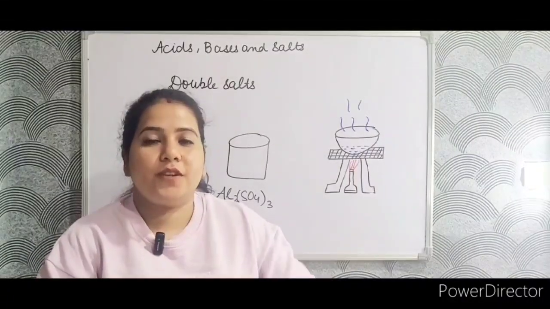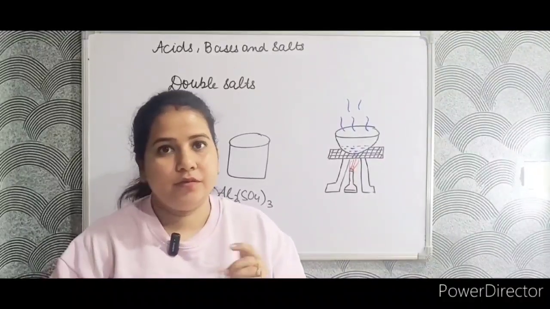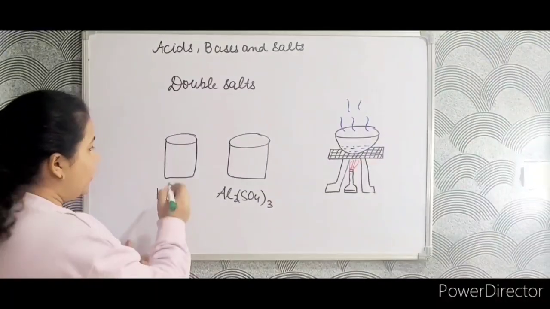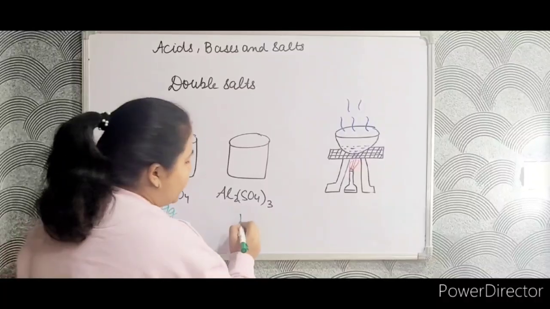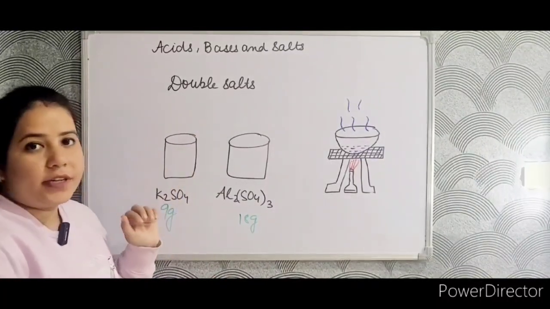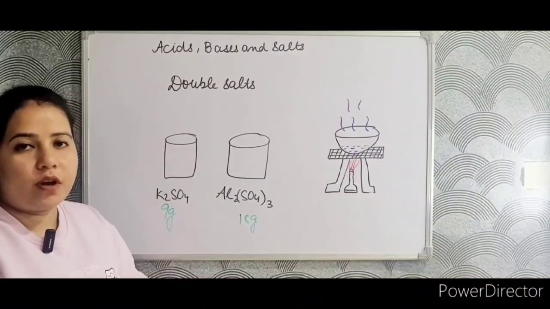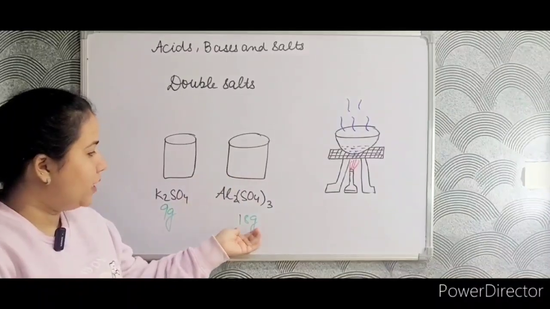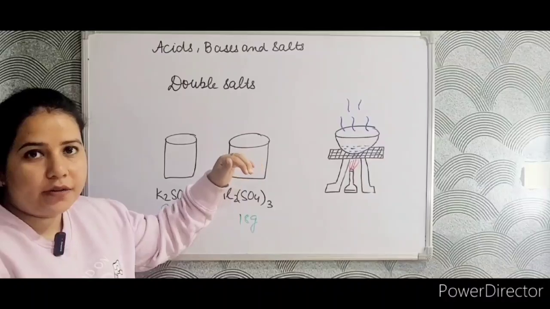Now we will observe an experiment for the formation of crystals of potash alum. For this we need potassium sulfate 9 gram and aluminium sulfate 18 gram. 9 gram potassium sulfate is added to a beaker and water is added into it and it is constantly stirred. And similarly 18 gram of aluminium sulfate is taken in a beaker and water is added to it